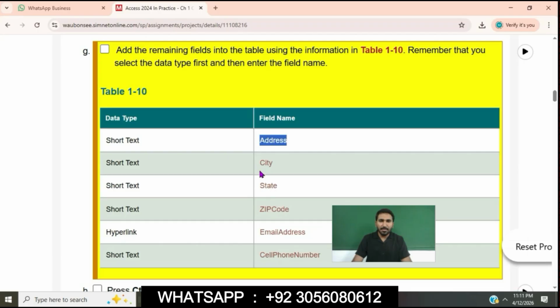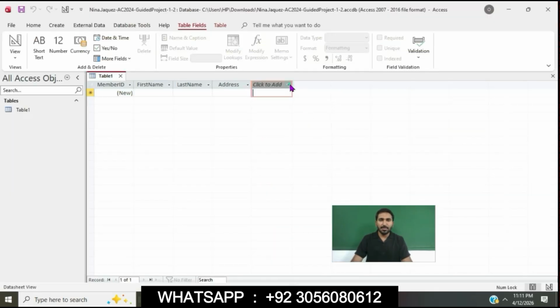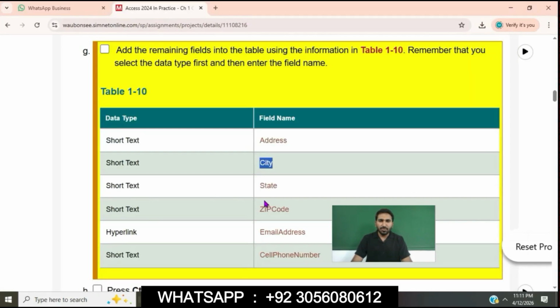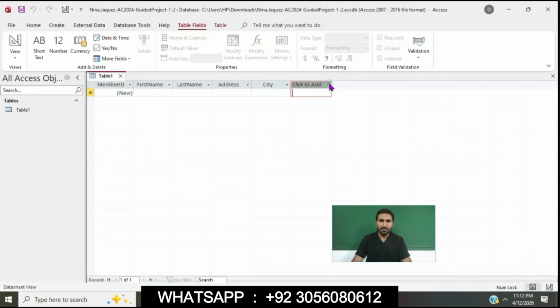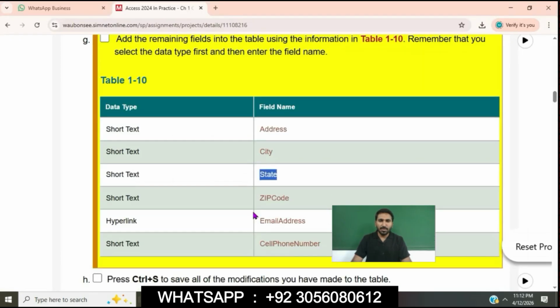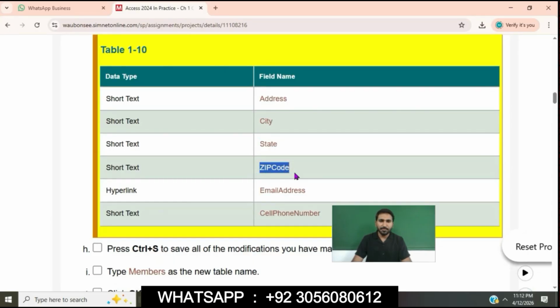So the next field name is city. Okay. So the next field name is state. Okay. So the next field name is zip code.